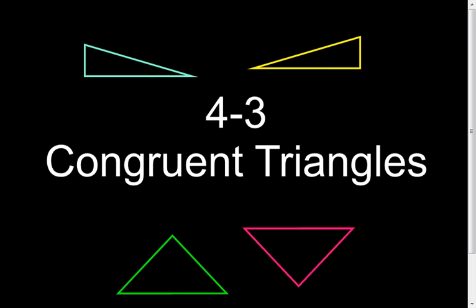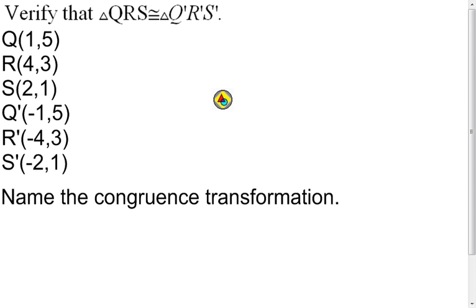Here we're going to talk about congruent triangles, looking at one example. In this example, we're going to verify that two different triangles are congruent. We are going to look at the preimage and the image. And what I would recommend, if it ever asks you to verify two triangles are congruent like this, and it